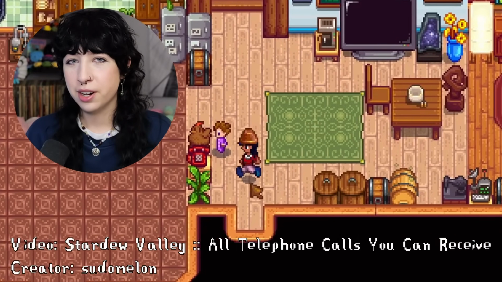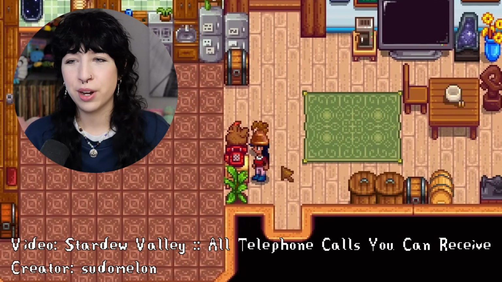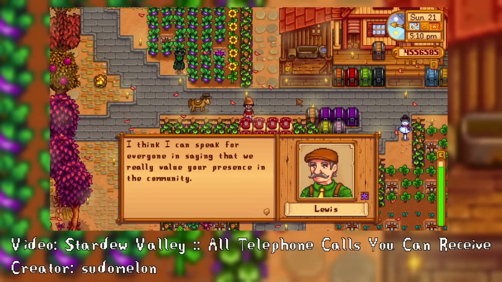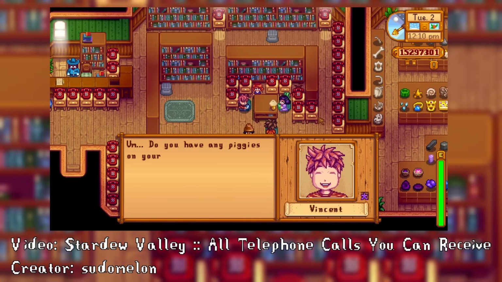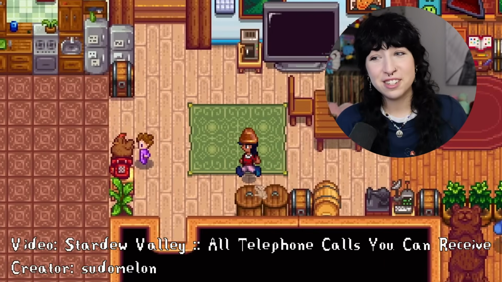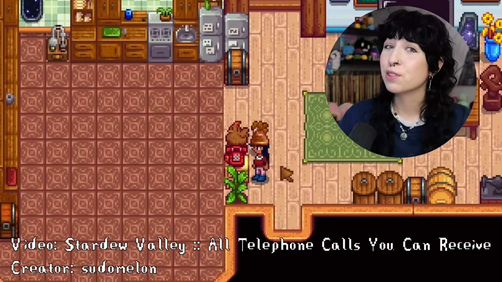If you have a telephone in your house in Stardew Valley, you've probably heard it ring from time to time upon entering your house. You can receive calls from NPCs like Lewis, Pear, Vincent, the Hat Mouse, the bear, and even your dead child. Yup, there is a chance that when you pick up your phone, if you've dismissed a child,